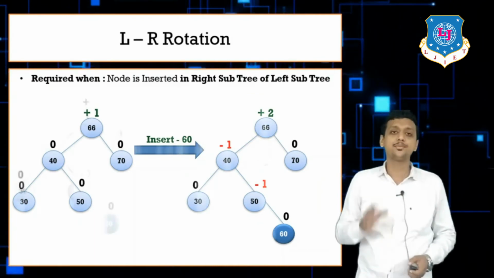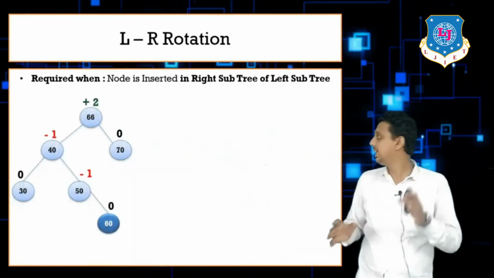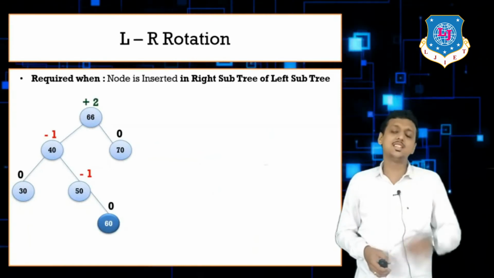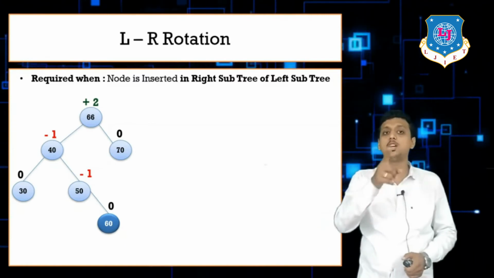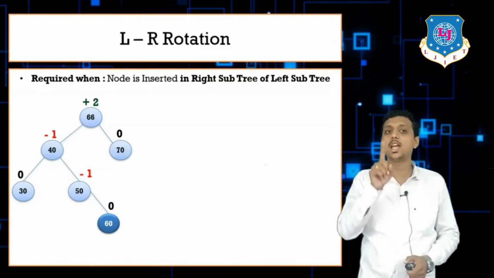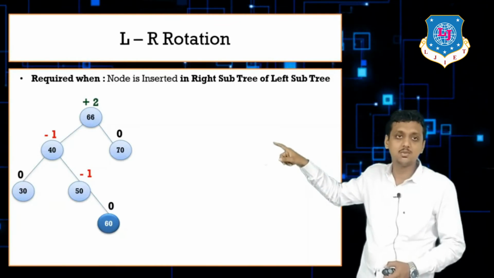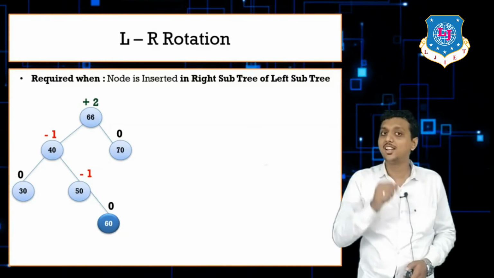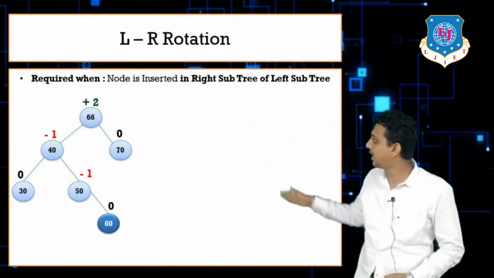So here our tree is this after inserting 60. So we can easily say that 66 is violating our rule, because it is written over there, plus 2. Students, plus 2 means left heavy. Now check it out. On the left side of 66 we have minus 1. That means it's right heavy. It's right heavy. So what is happening over here is that the right subtree of the left subtree,